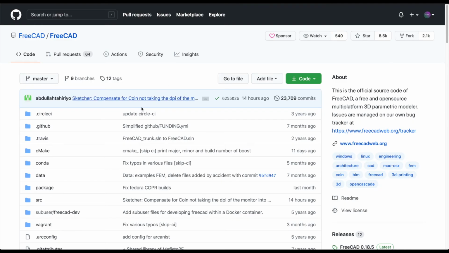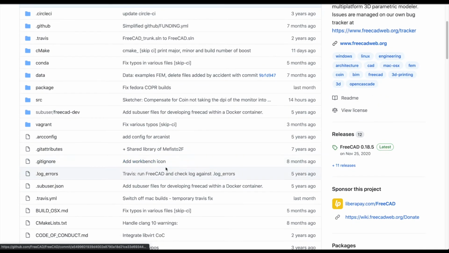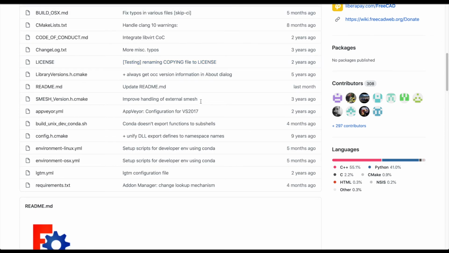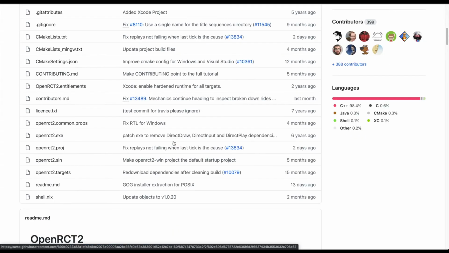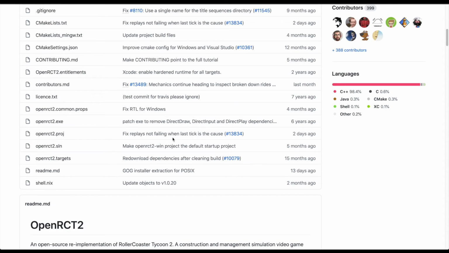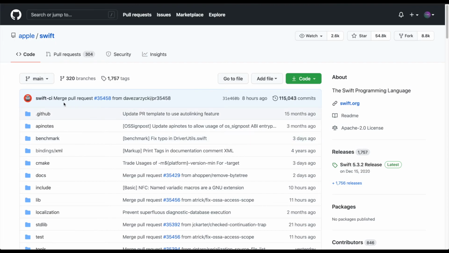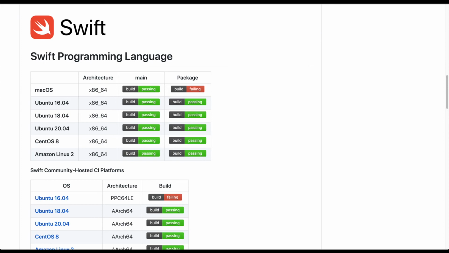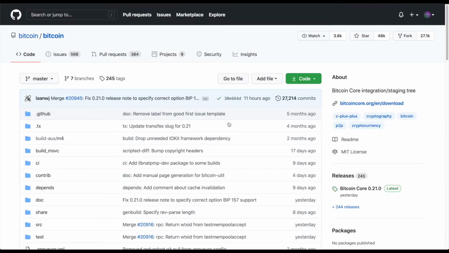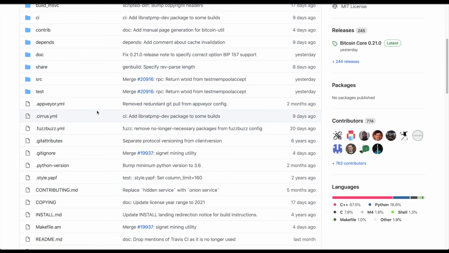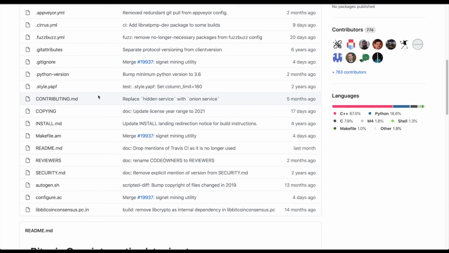You can also find CAD software online. This is one example of FreeCAD, which is all programmed in C++. If you're interested in downloading a PC game programmed in C++, you can do that and take a look at it. Swift programming language, you can also access it on its main page and take a look at the code base there. And you can even do that with Bitcoin. So you can actually get access to their code base, you can look at it, and you can see that it's